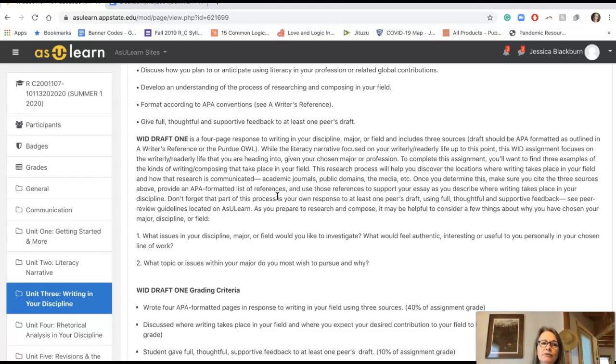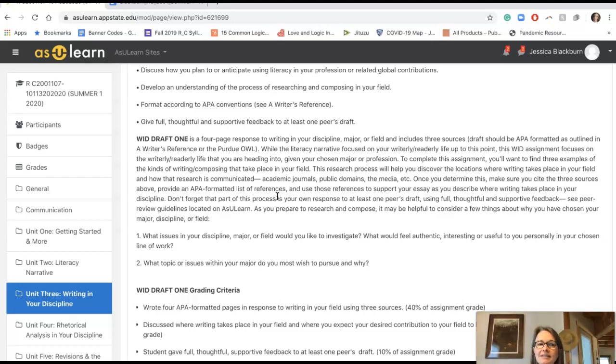And that's because at ASU, we have a vertical writing model. So from here, you're going to go into your junior year and your senior year where you have writing intensive courses. You'll have that WID course, that junior level writing in the disciplines course, and your senior level capstone course. And the expectation is that by the time you complete RC 2001, you've been exposed to ways to write academically and cite beyond MLA, which is typically taught in the high school setting. And that's so that based on whatever major field or profession you head into, you know what other ways of writing and referencing you may be expected to be able to demonstrate. And so we will hang out in APA from here forward.